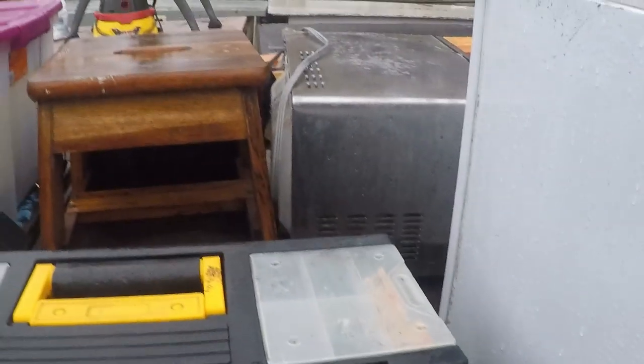Nothing good in there. Wow, this is just sad. Now these two tables down the end here are covered in plastic. It's usually got nice stuff, but